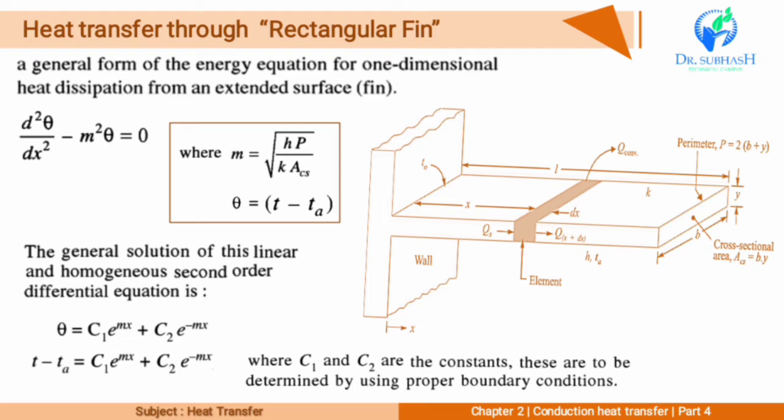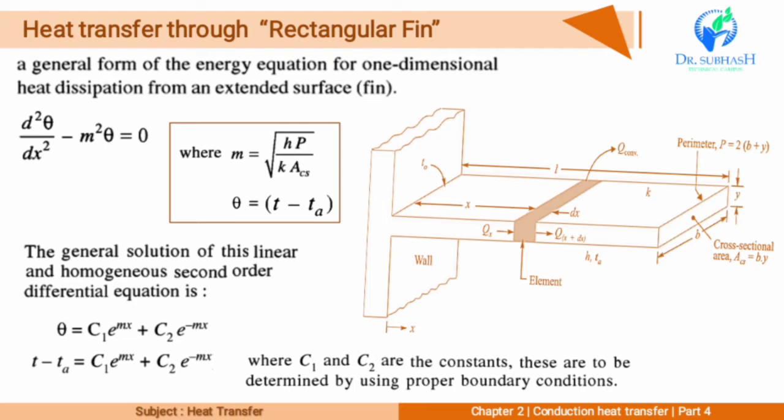Note that we need only two conditions to determine c1 and c2 uniquely. The temperature of the plate to which the fins are attached is normally known in advance. So at the fin base, we have to specify the temperature boundary condition, expressed as: at x is equal to 0, theta is equal to theta 0, or T is equal to T0. At the fin tip, we have several possibilities, including specified temperature, negligible heat loss, meaning an insulated tip, and the fin losing heat at the tip, meaning convection. So next we consider each case separately.